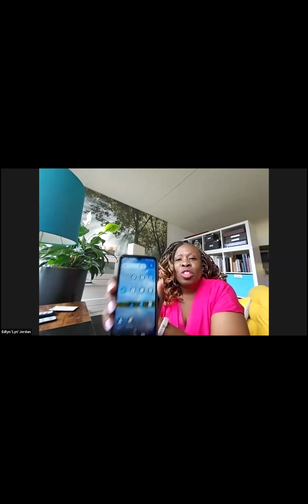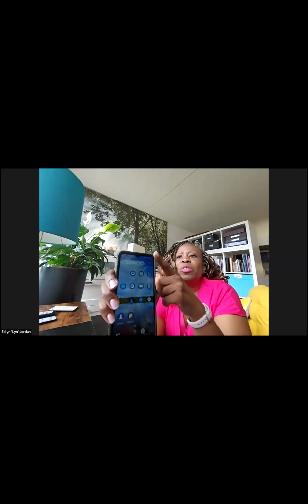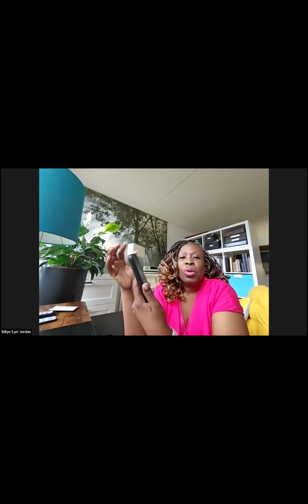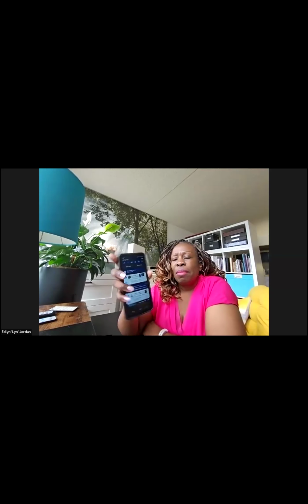Okay. You're going to want to swipe down from the very top of the phone. And for most of you, it's going to be in the right-hand corner at the top. If you just touch it and pull down, a menu should come up. Once you see this menu at the top, so the same area that you touched before, there's a little circle.